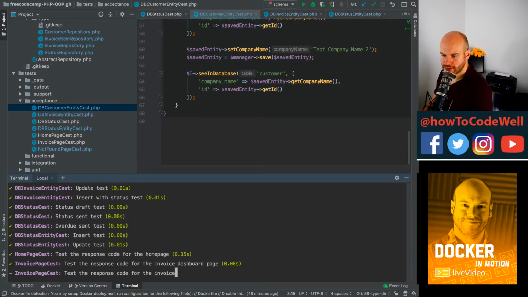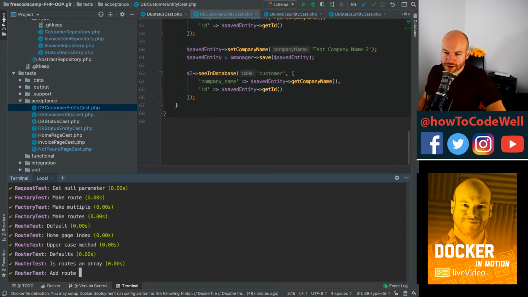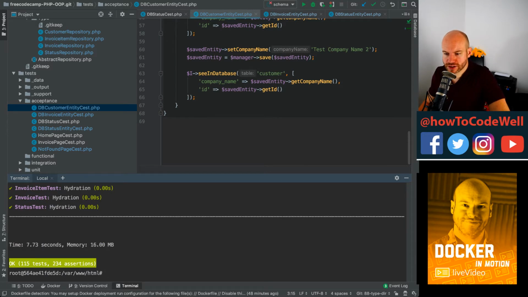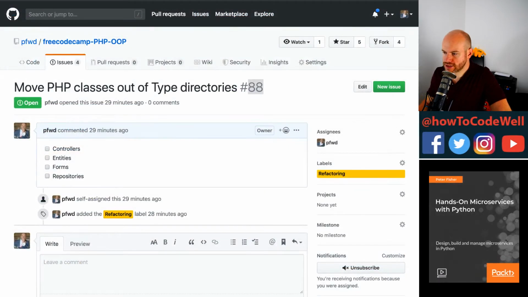All 15 acceptance tests have passed. Awesome. All integration tests have passed. All unit tests have passed. We're back to normality. We've got 115 tests, 233 assertions, and they have all passed. Wonderful. Next thing I'm going to do, if we go back to the browser, the next thing on this list,